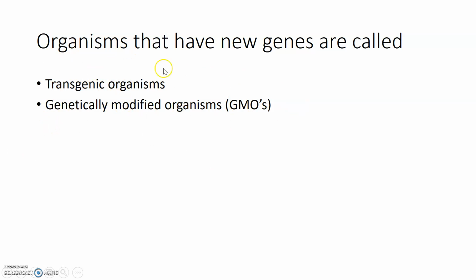So a lot of times where we use this technology for transgenic organisms is in GMOs, or genetically modified organisms. And so we use this in agriculture a whole lot. And so what we see is that we're producing crops that are resistant to drought, or they're resistant to certain pesticides. So if we know that there's a gene of a certain plant that can live in dry areas, it doesn't need a whole lot of water, we can use a restriction enzyme, cut that gene out, and insert it into a crop that generally would need a lot of water, and so then it can survive in high drought